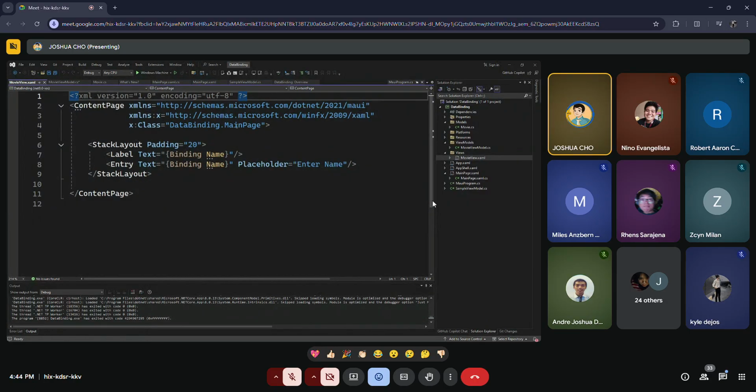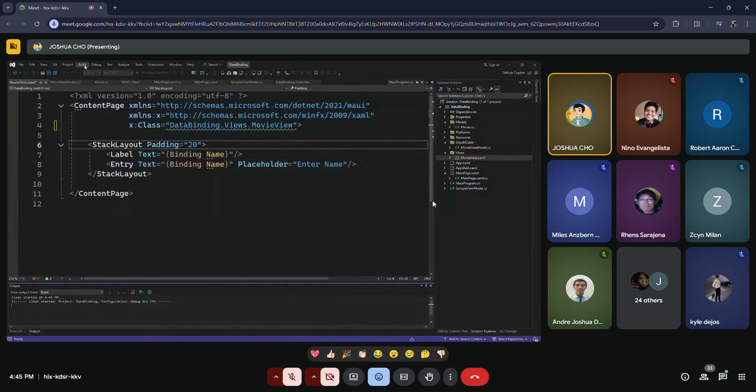So this one is the movie data binding views, that movie view. I hope this works. Let's see assembly. Oh my god. So let's clean and rebuild.